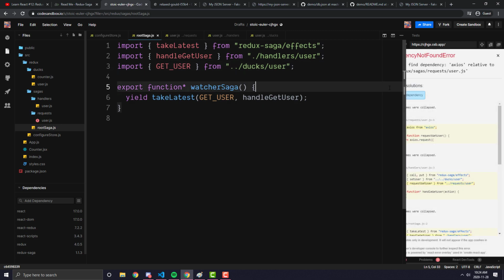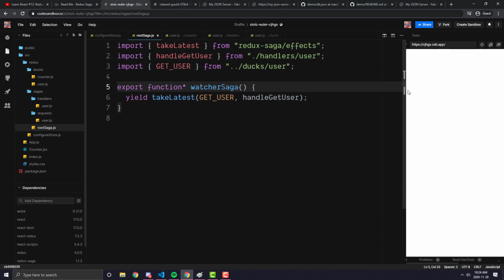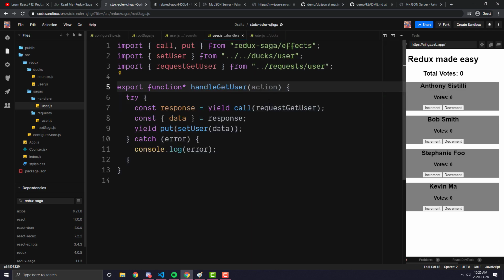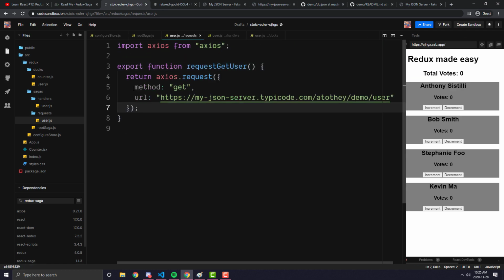Now, what is going to happen? Oops, I need to install the dependency Axios. Don't forget about that. Okay, so now what is going to happen here? Let's walk through the flow before we actually run this code. When a get user action is dispatched, our watcher saga will take that action and call get user. That get user will then call our request get user, which will make a get request to this endpoint and